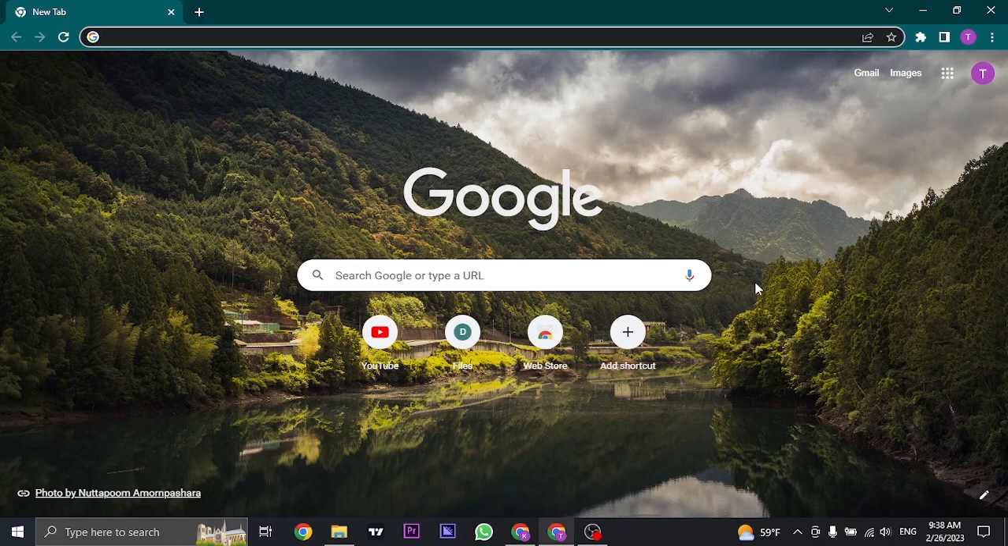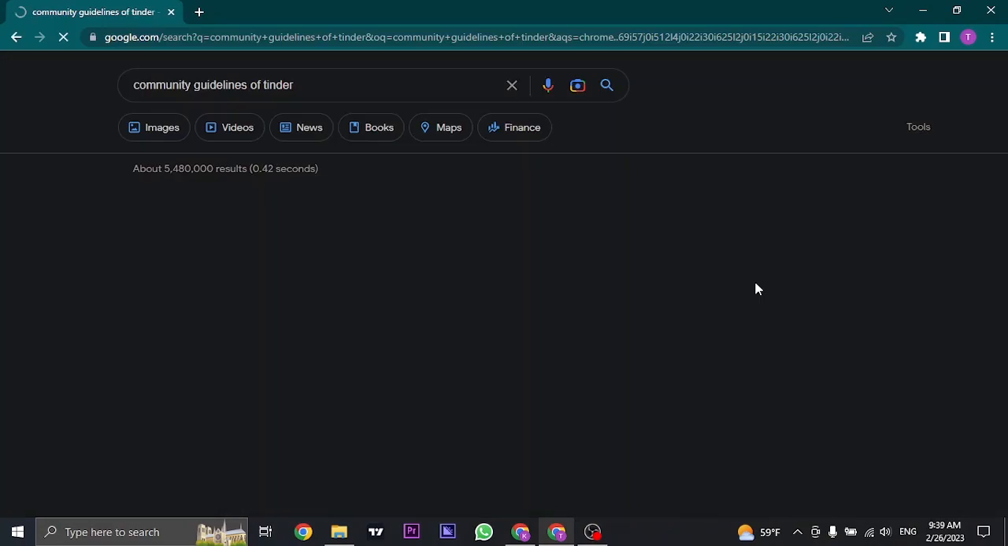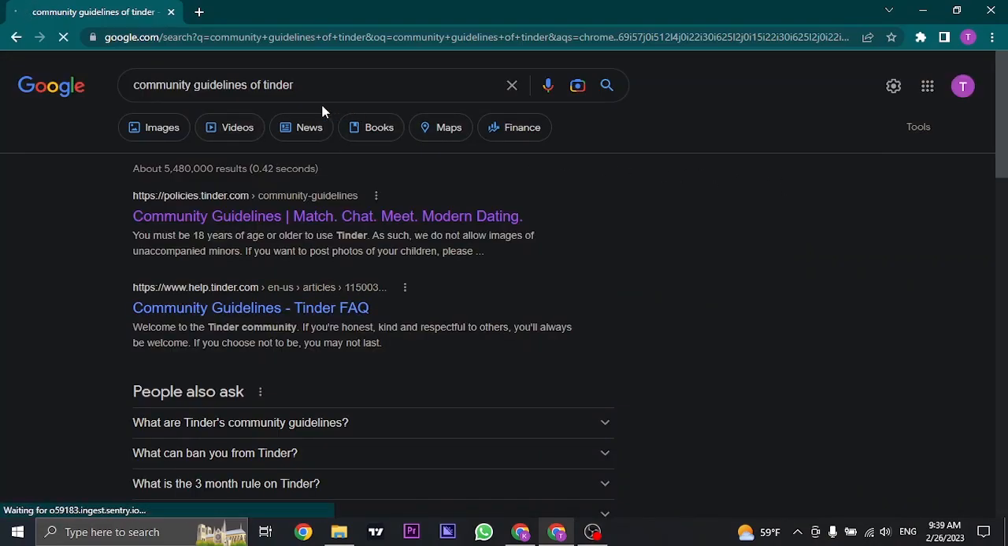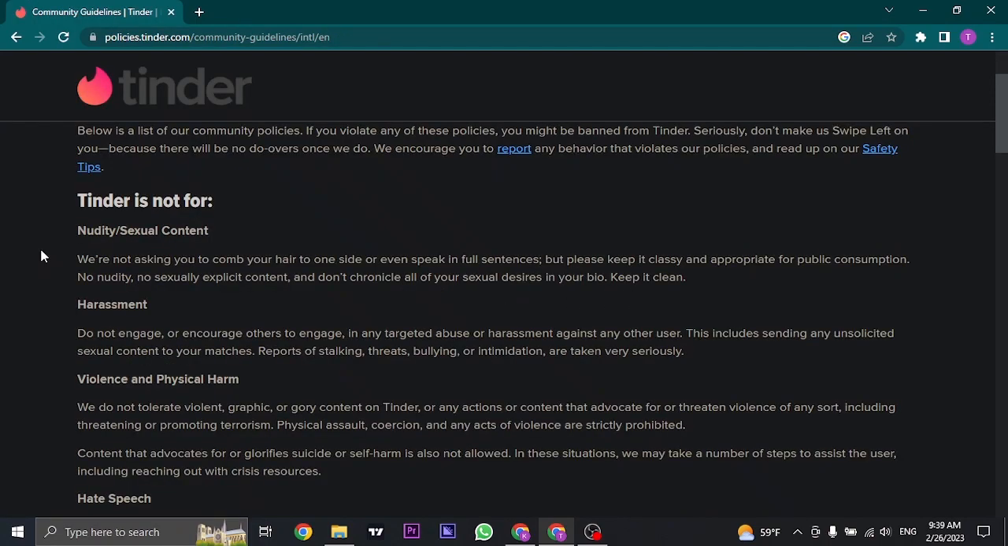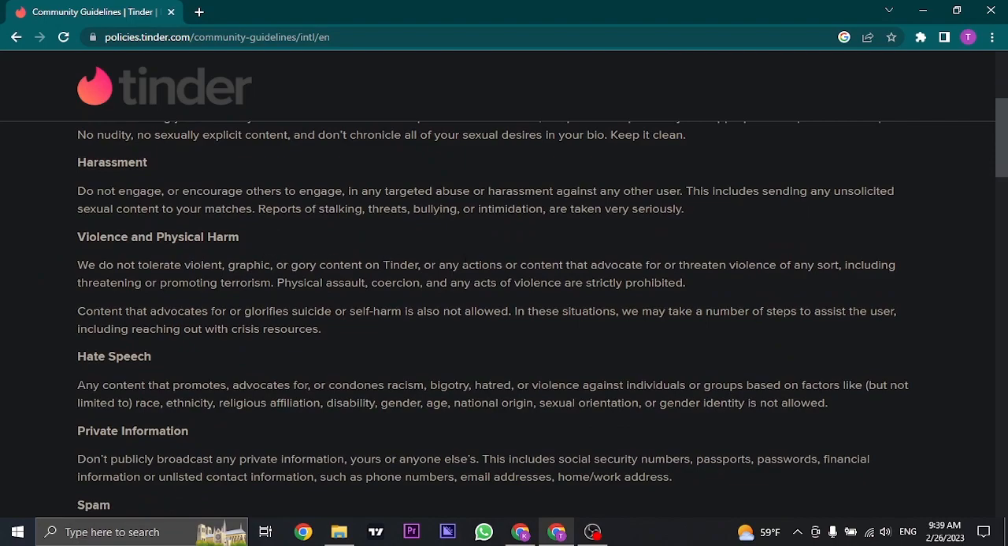If you're also getting an error message that your Tinder account has been banned, then let me show you the quick process of fixing it. Tinder bans your account if you violated their terms of service and community guidelines. If you search for community guidelines of Tinder, you can open up this article by Tinder and take a look at all of these. If you have done something against their community guidelines, then you won't be able